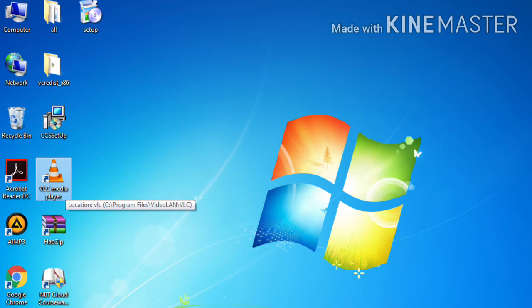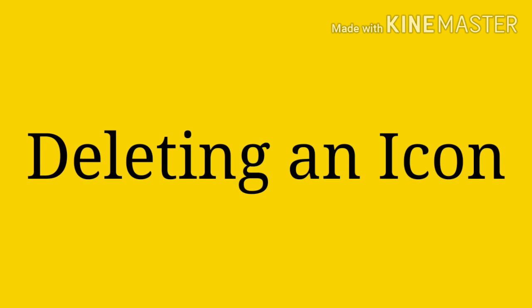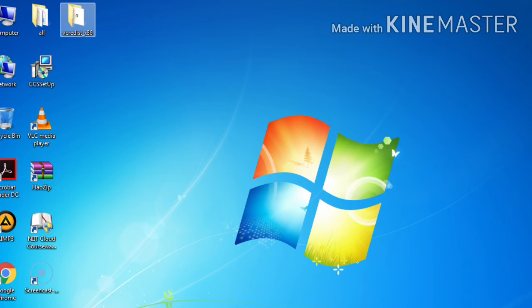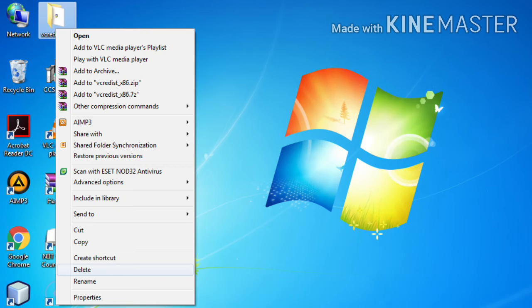And the next is how to delete an icon. First you have to right click on the icon which you want to delete, just like this. Then the context menu will appear. Here you can see different options. From that, select the delete option.